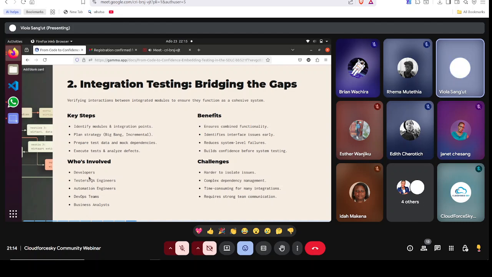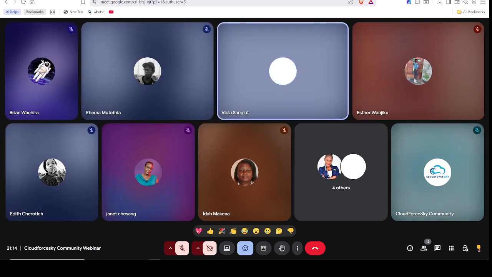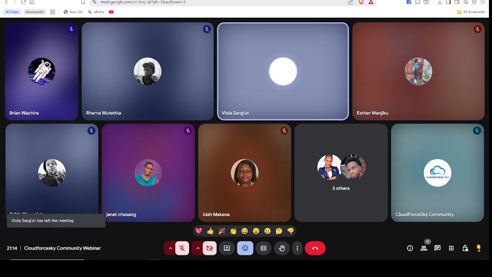So basically how this works: we want to identify the modules that interact with the database, because the whole login module works with the credentials that are stored in the database. So we want to make sure that integrates well. I also want to make sure the backend integrates well with the front end, just at basic levels like that. So you have to plan